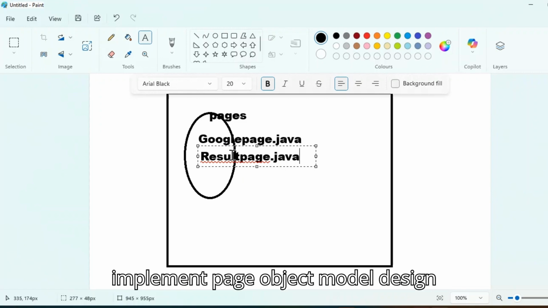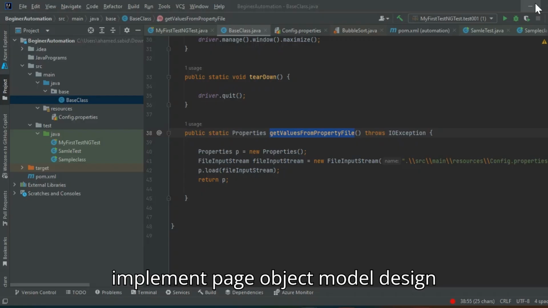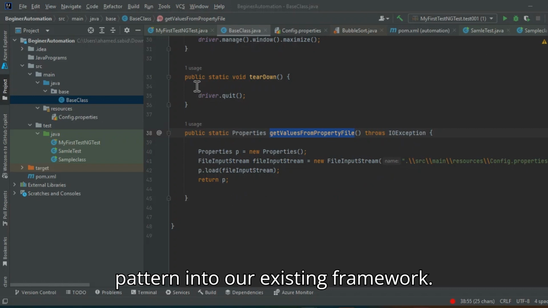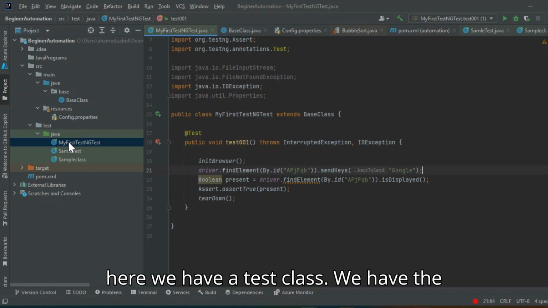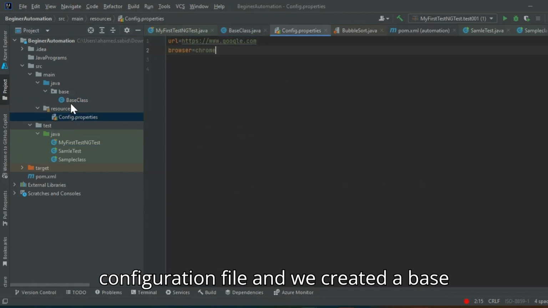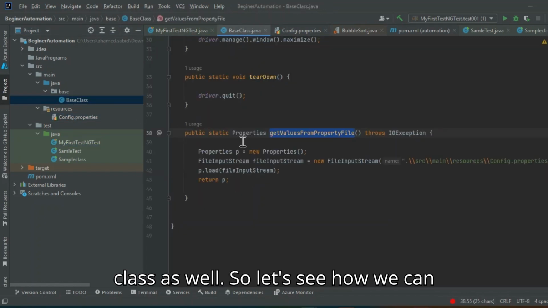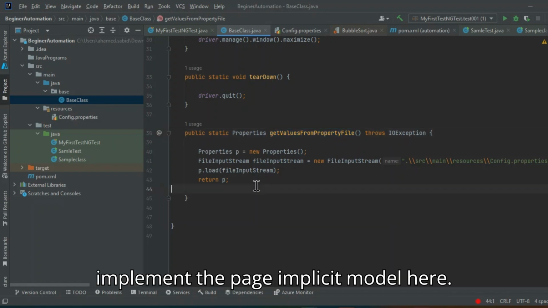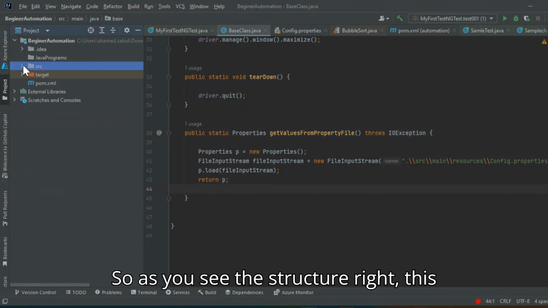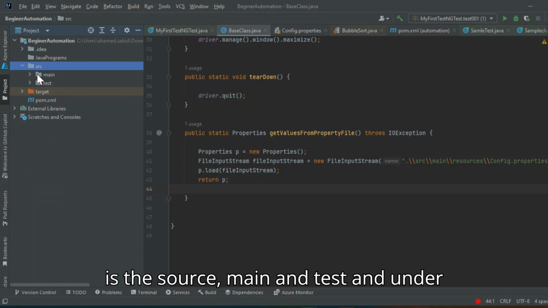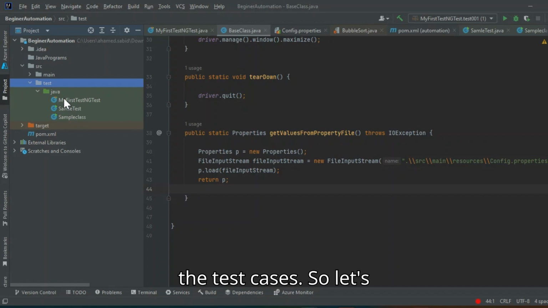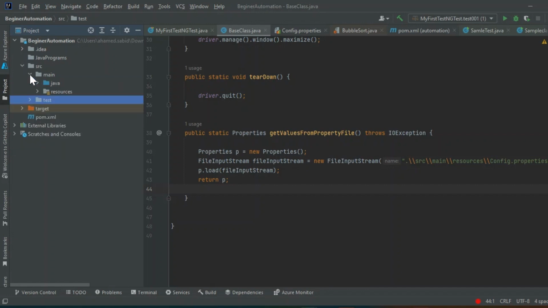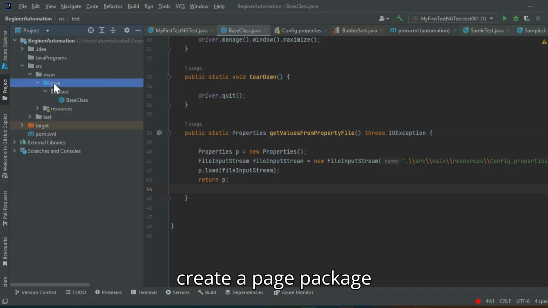So let's see how we can implement page object model design pattern into our existing framework. So as of now, we have all the components here. We have a test class, we have the configuration file, and we created a base class as well. So let's see how we can implement the page object model here. So as you see the structure, right? This is the source, main, and test. Under the test, under Java, we are creating all the test cases. So let's create a page package